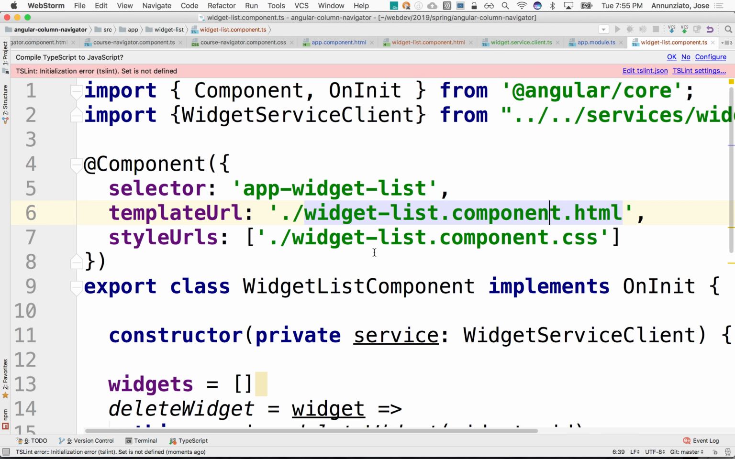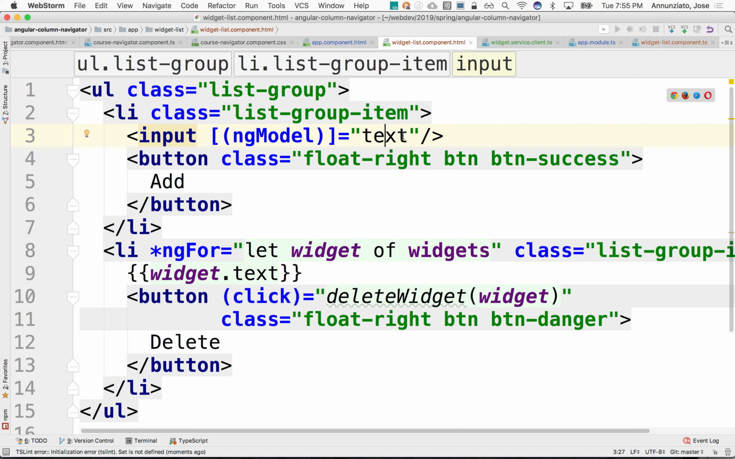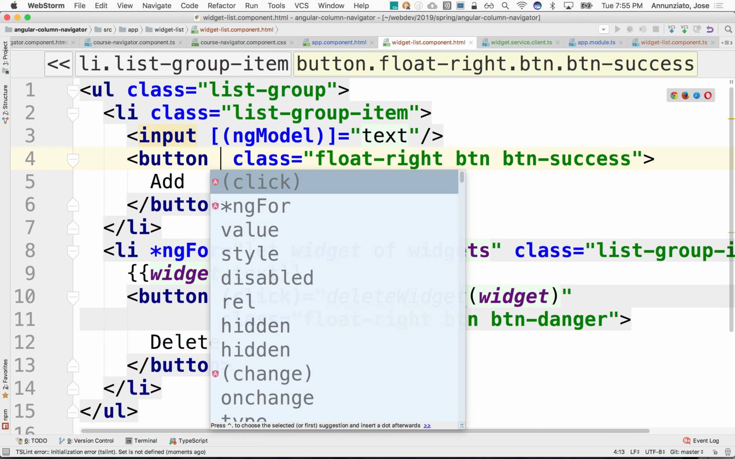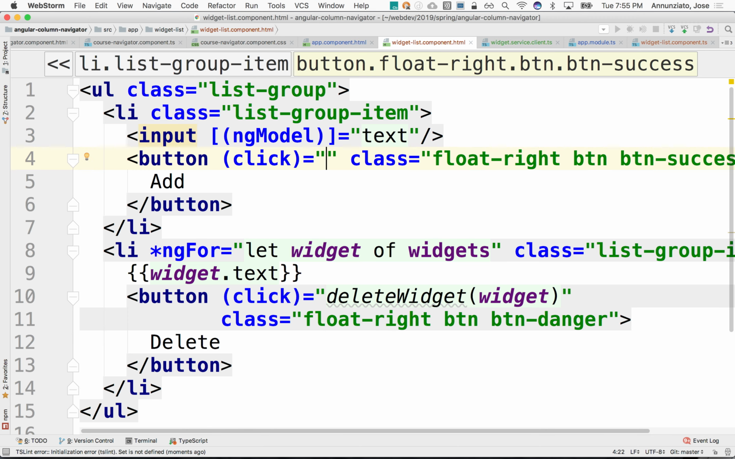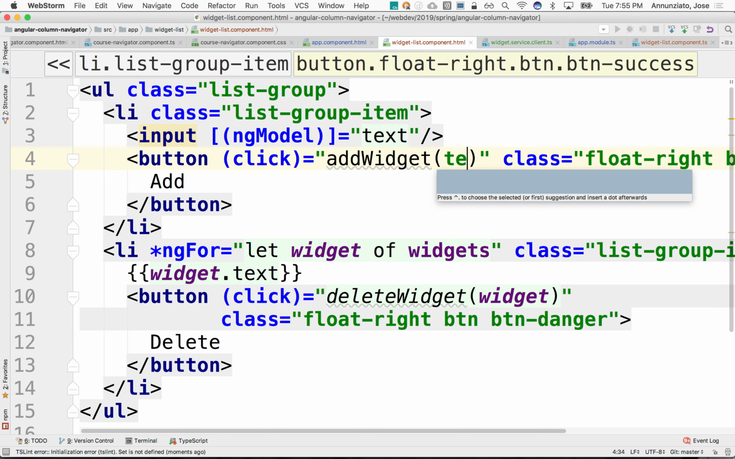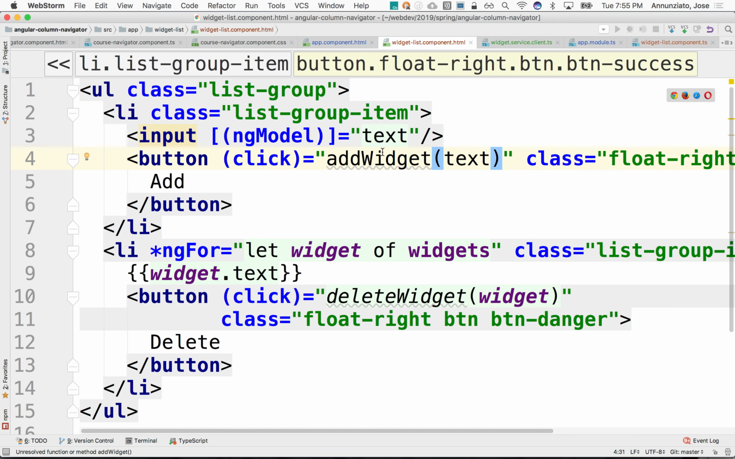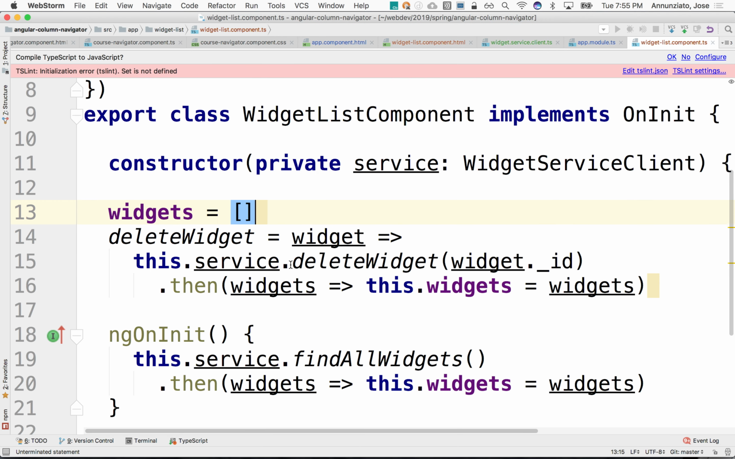Right? So in the component, perhaps it doesn't even need to be double binded. It could be just a local variable, right? It could be just a local variable here on the UI, and when we click it, we can just pass it along, right? We can say add widget, and we can pass along just the text because text is declared as a local variable. I'm just passing it along here, right? So add widget doesn't exist. Let's declare it here, and this would be maybe